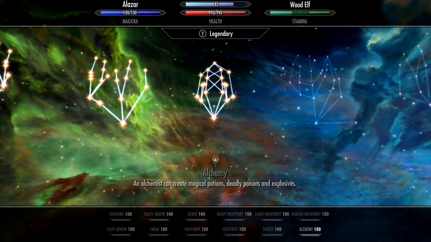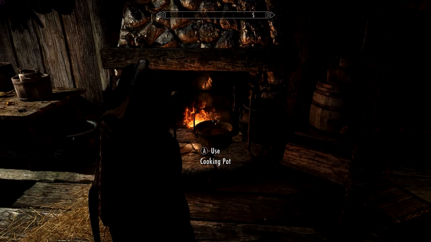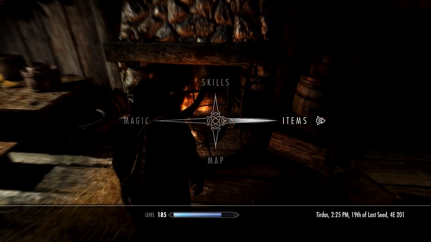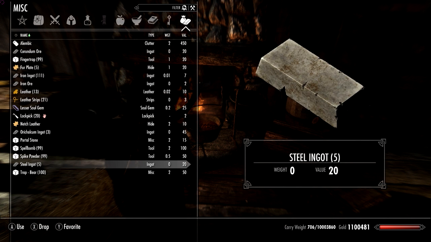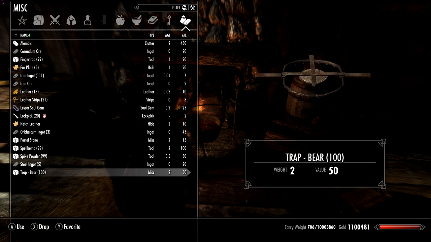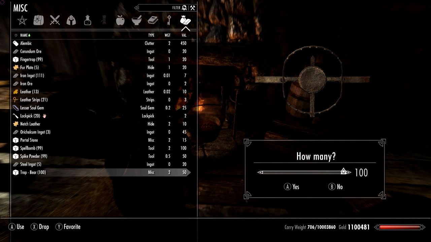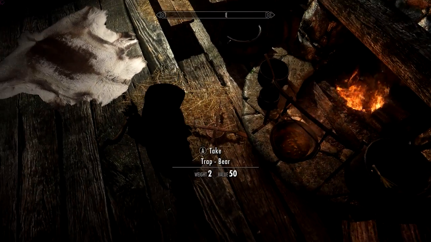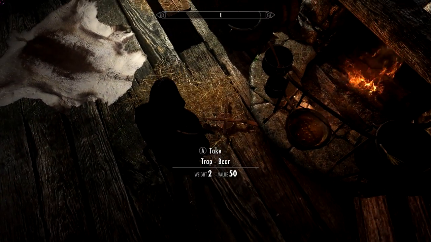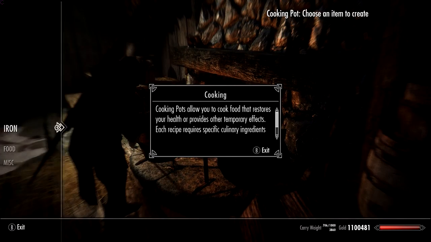So, a lot of stuff to try out here, so let's get started with that. We're borrowing someone's house for a cooking pot, but before we do that, as you can see, we now have bear traps, and the way these work is you don't equip them, you drop them. So, for example, if I wanted to use a bear trap, I would try and put it in position, and then drop the bear trap. So that being said, if we go to the cooking pot,